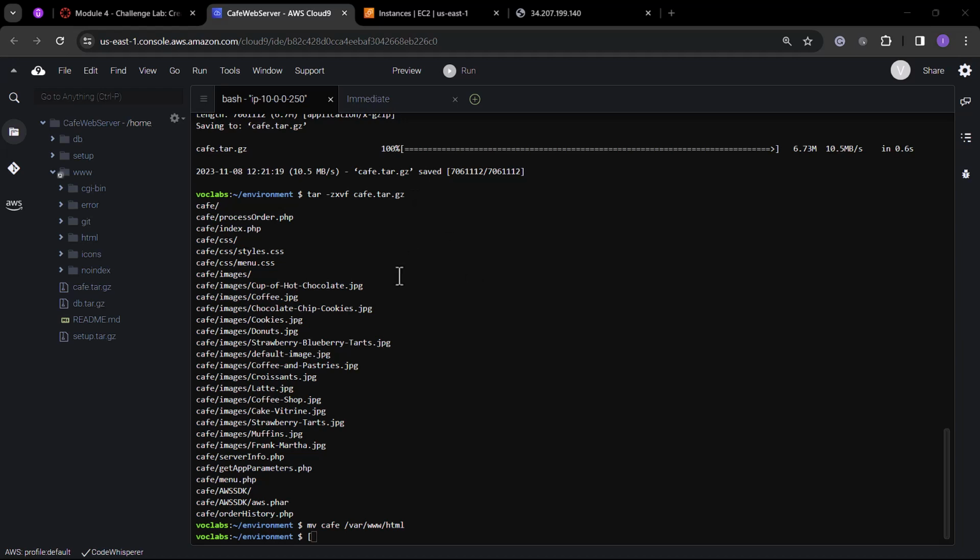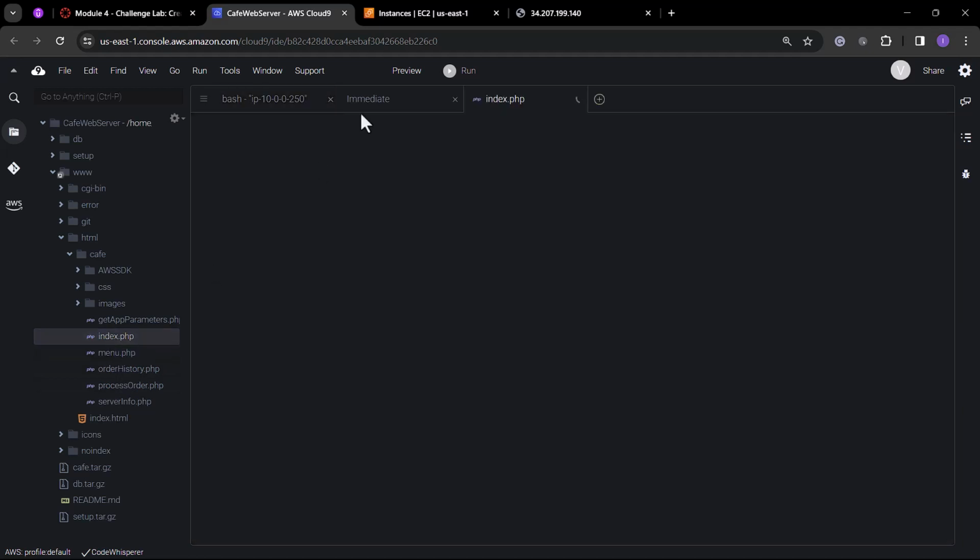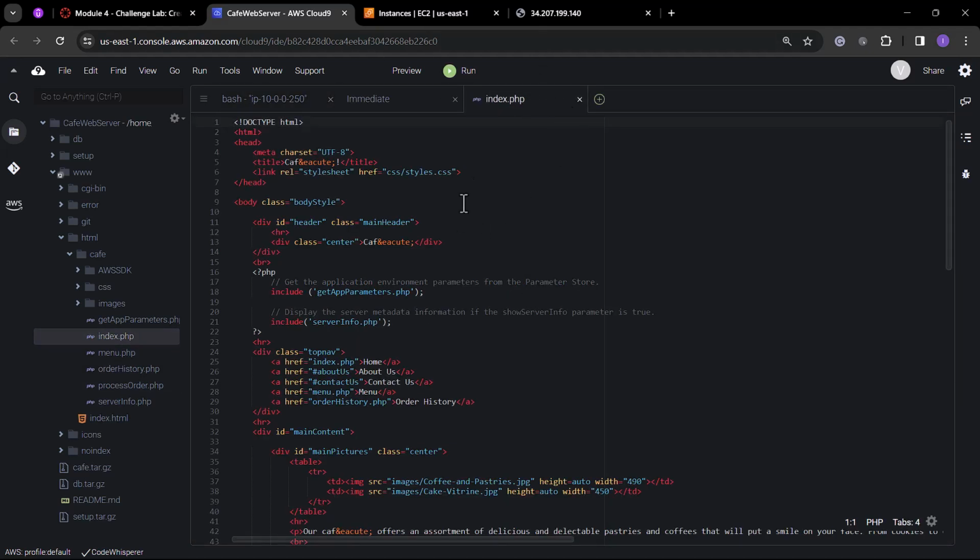Welcome back. In this video, we are going to observe how the Cafe application is designed to work. To do that, we'll navigate through the HTML and Cafe, and then look for the index.php file. We'll double click and open it in the file editor to observe how it is designed to work. Looking through the code, on line 18 you can see this PHP file references the get